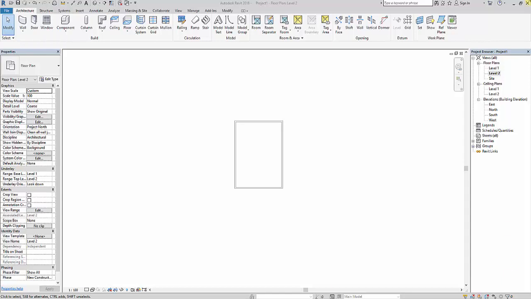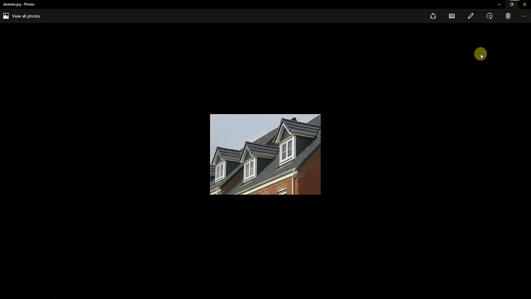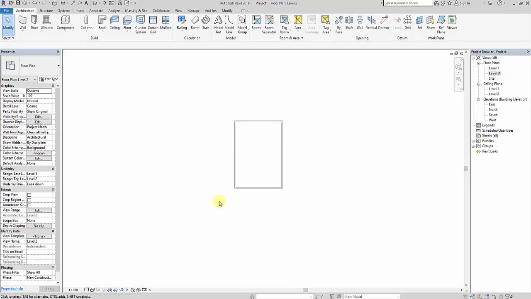Okay, so let me show you an example here. You can see here, whenever we give a sloped roof, we create a dormer window like this. If you want to create a window like this, we call it a dormer window. So let us start here. I have already taken 4 walls.